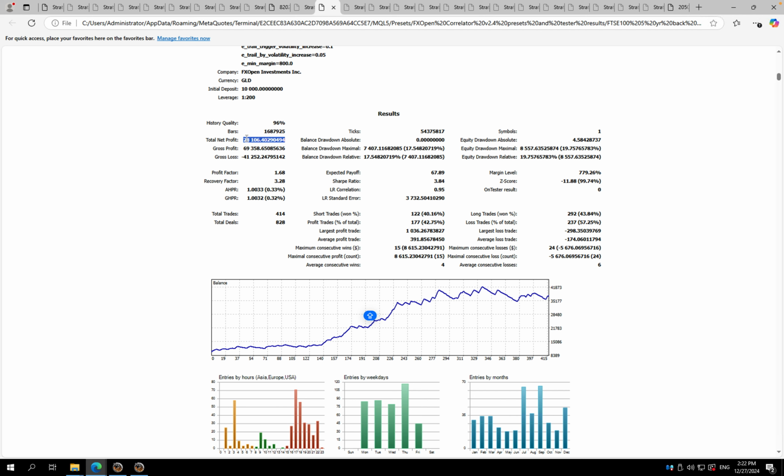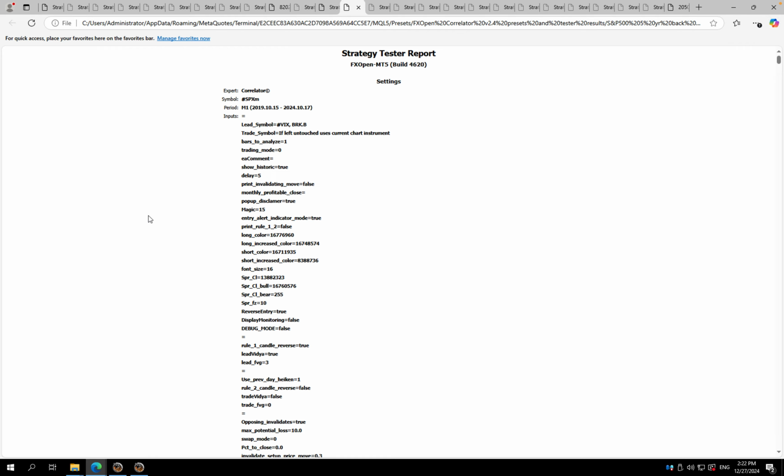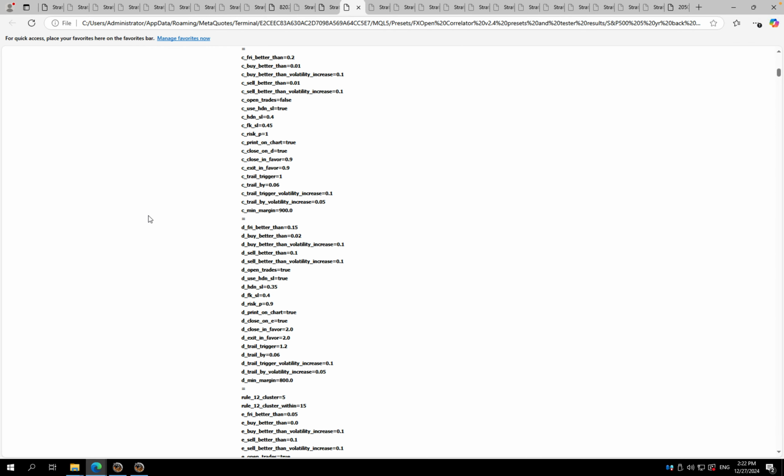But let's go with the gold value. So that would be the profit on an initial deposit of 10,000. Again, times 2.6 would be about $26,000 being the deposit. So healthy results there. Let's move on to the next pair, which is the S&P 500, and I'll run through